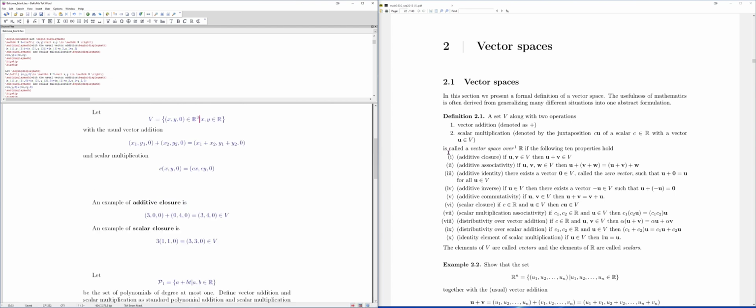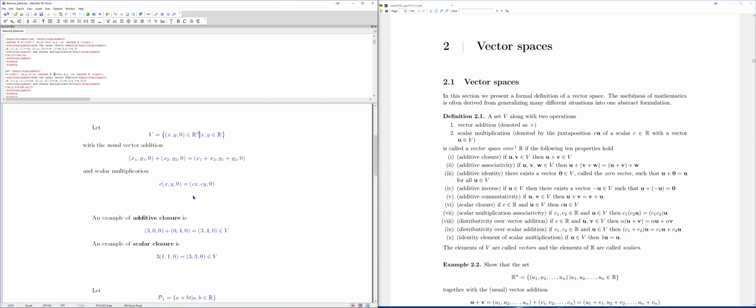Alright, so what I want to do now is explain these axioms here as best as I could. Your most interesting ones actually are the closure axioms, your additive closure over here and the scalar multiplication closure. So let's look at these two first of all. In order to do that, what I'm going to do is